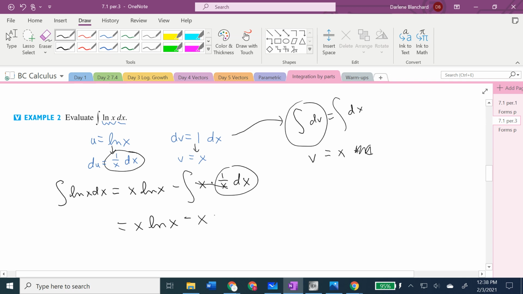Just x. And now you can add your plus c. So if you're ever wanting a formula for the integral of the natural log, that is the formula. However, in a mathematical setting, you're expected to understand how to create the solution